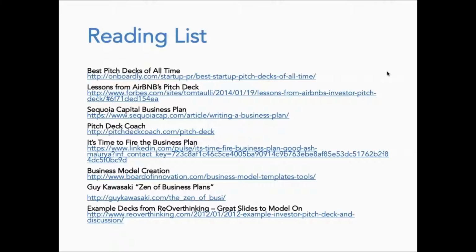You as the owner, founder, you need to write your business plan. It's your job. You need to be close to it. You need to go talk to customers. You cannot outsource that. But we're a great sounding board for tearing your business plan apart. And I mean that in a good way, because we really want to help and make sure that you're covering all the bases. And we have opinions, and we have connections to other people that can mentor you and advise you